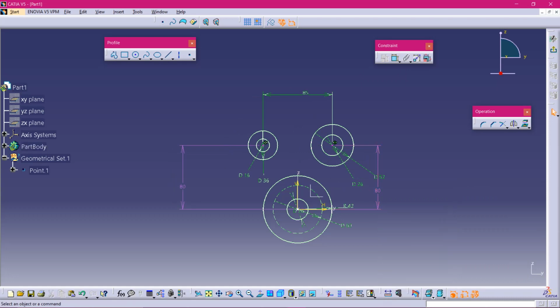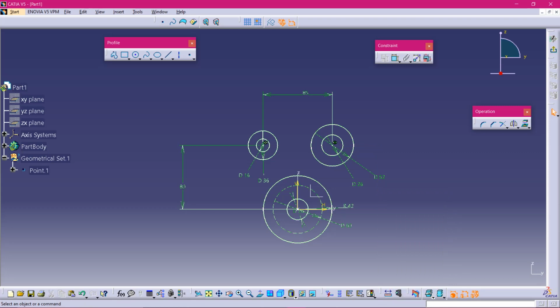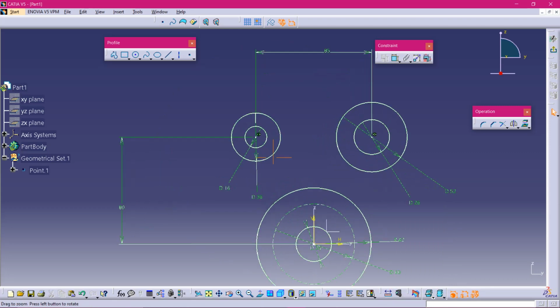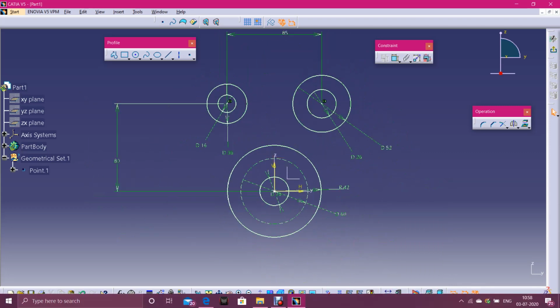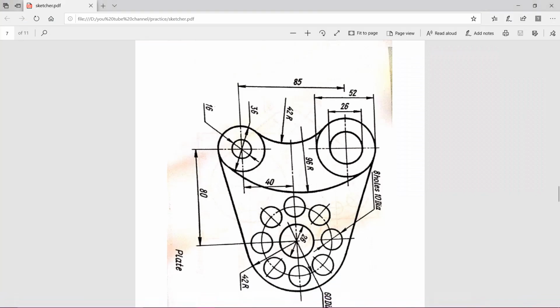See, remember when your sketch has turned violet color, that is over constraint. That means you have given the dimensions 2 times. It's not necessary, so you can delete it. Or just have a look, your sketch is fully constrained. Now we are going back and we had 2 arcs here. One is of radius 96 mm, other is of radius 42 mm. So let's go back.